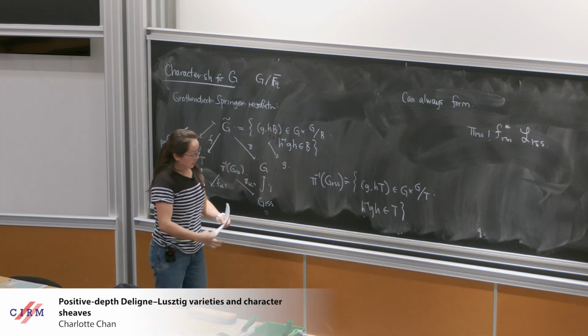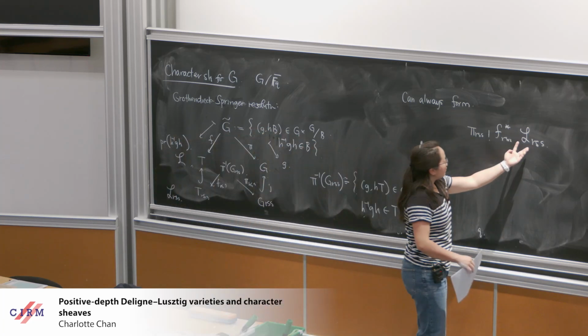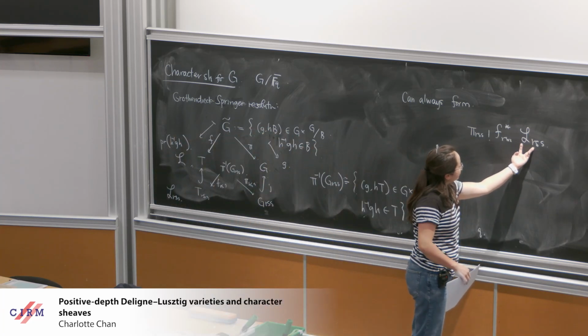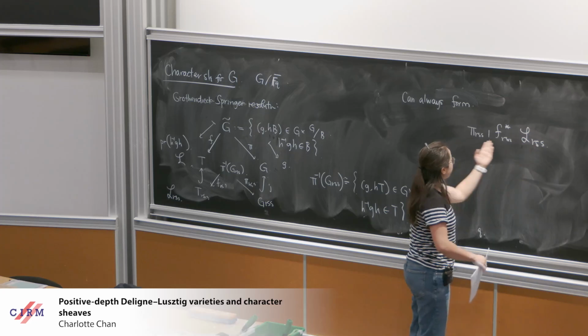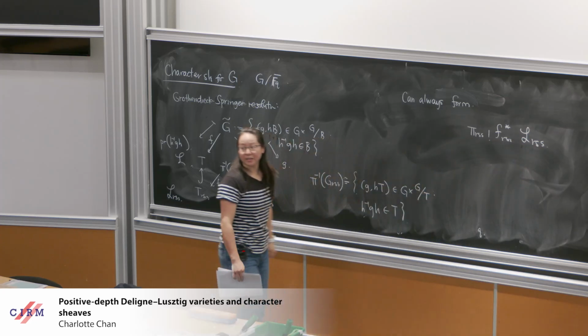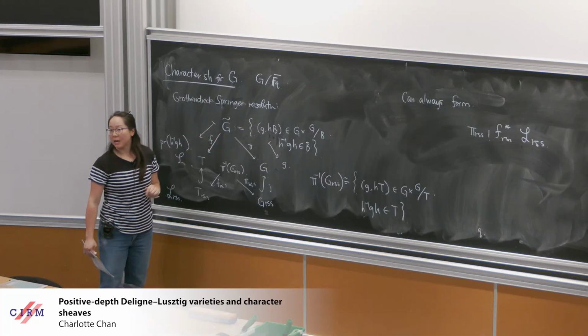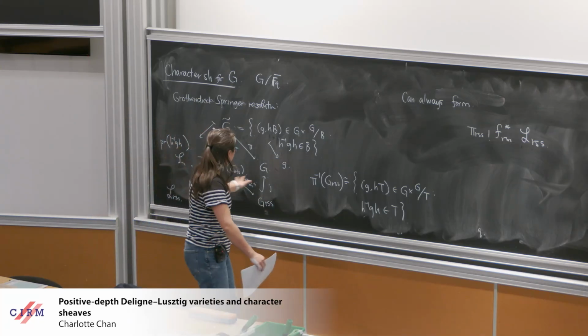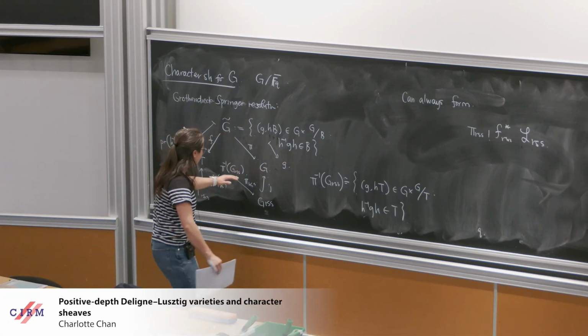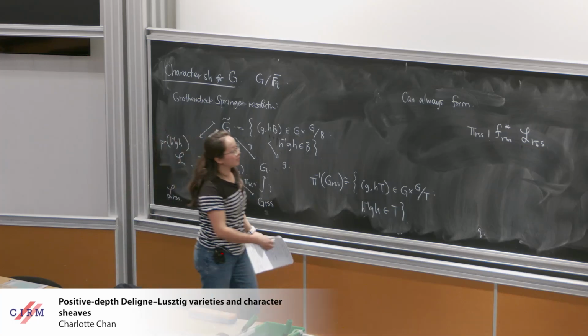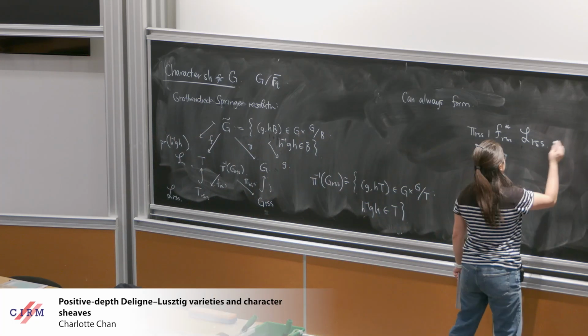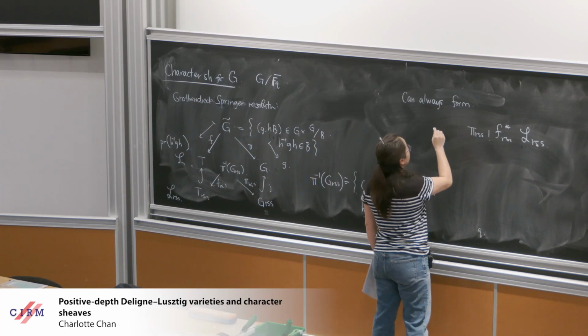And moreover, if my LRSS had some nice sigma action, then this whole thing also has a nice sigma action. And that's not at all clear from up here, because sigma might move the B to somewhere else. But sigma is not moving anything to anywhere else in this lower picture over here. And then also,